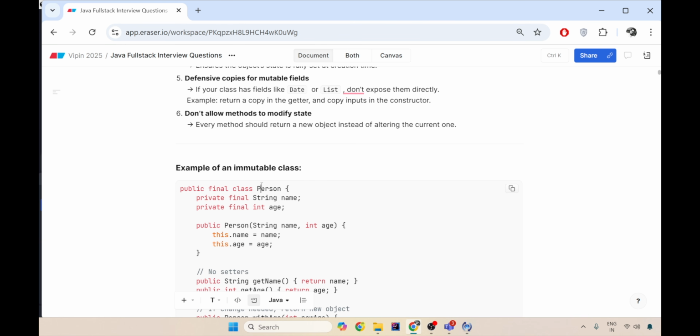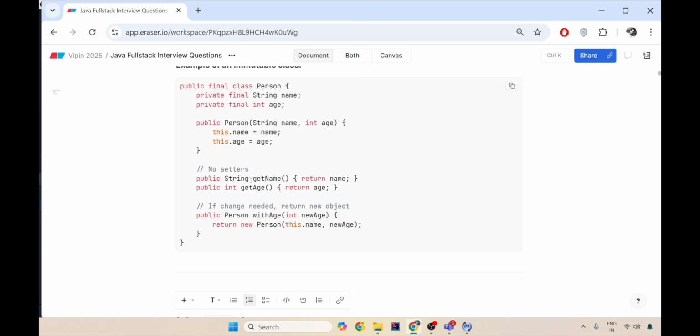Because if Person has an Address class and you return that address reference, and somebody changes the address or the city in that address, then your Person, which looks like an immutable class, becomes a mutable one because the address has been changed in your immutable class. And if any part of the immutable class is changed, it does not remain immutable, it becomes a mutable class. So make sure if you have any custom object in it, you always return a deep copy of everything in it and then return it from the getters that you have here.